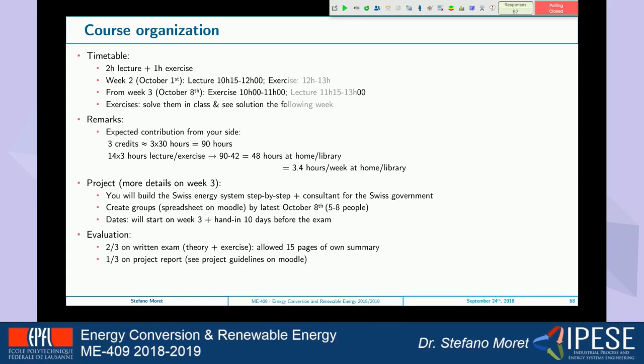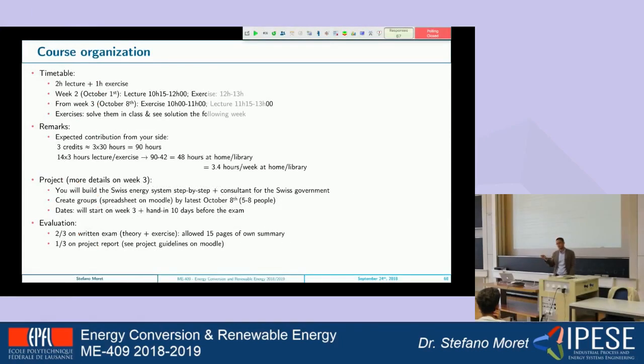And there is one important thing that you need to do already starting from now, and it needs to be done by October 8th. On Moodle, there is a Google Drive spreadsheet on which you have to form groups for the project. The groups need to be composed of a minimum of 5 to a maximum of 8 people, and we ask you possibly to do it by next week, and they need to be done by the week after. If you have already done it by next week, we can help you also combine into groups.